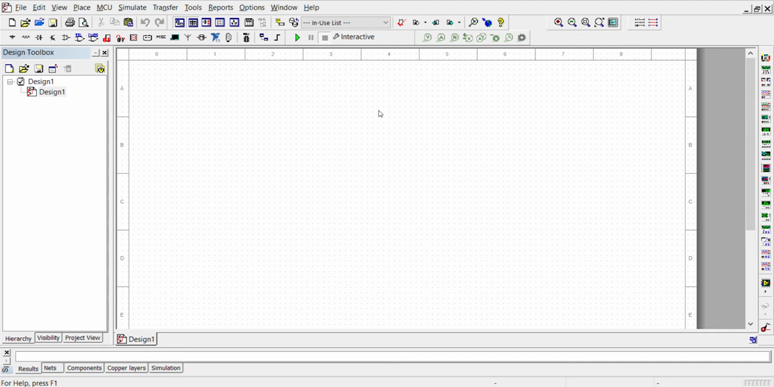Here, in the place of component, we will select and delete, and we will write LM555. We need to take LM555 CM. Take this one, place here. After that, we will come to the sources, take VCC, take one ground,